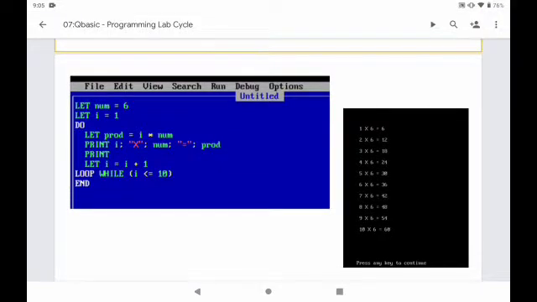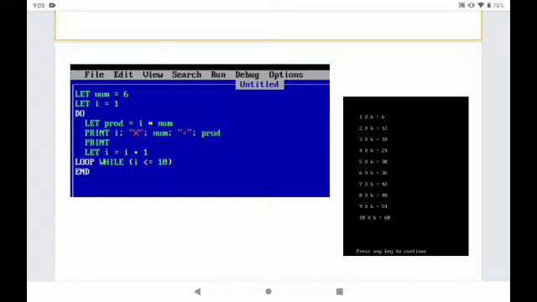Let us check what will happen in the next step. So we are entering into the do. We are going to deal with this process using a loop. Let us check what that is. Inside that, let prod equal to I star num. Product, again a variable, is assigned there. That product is equal to I star num, which means I into num.